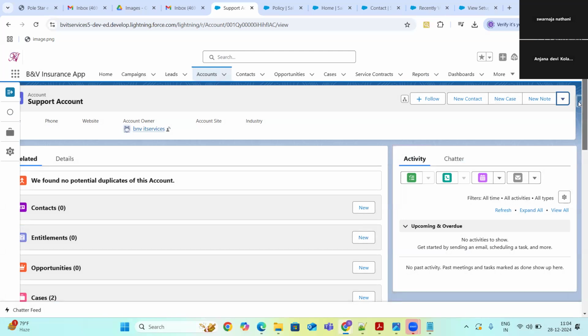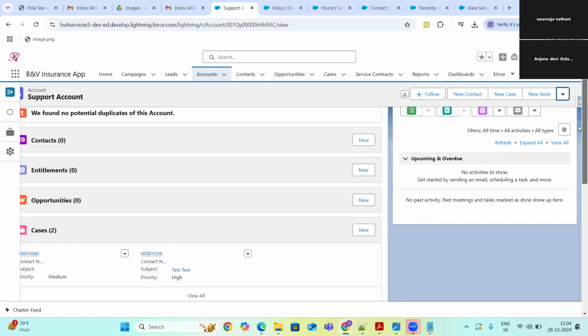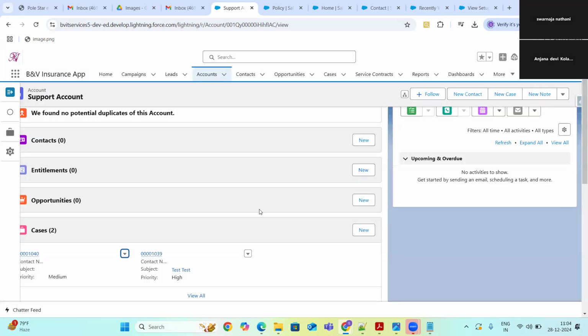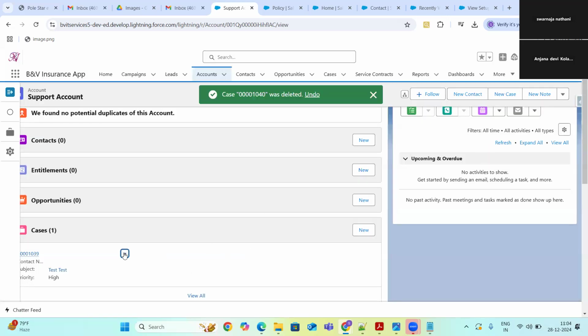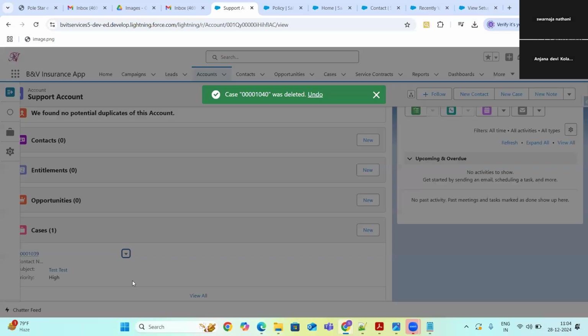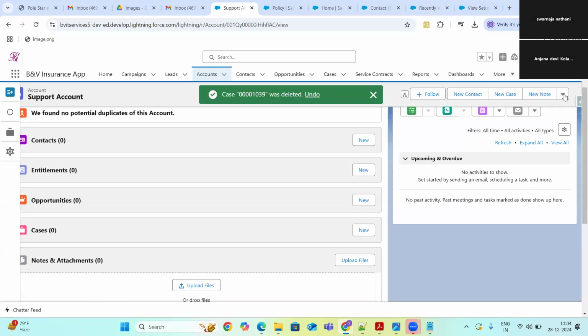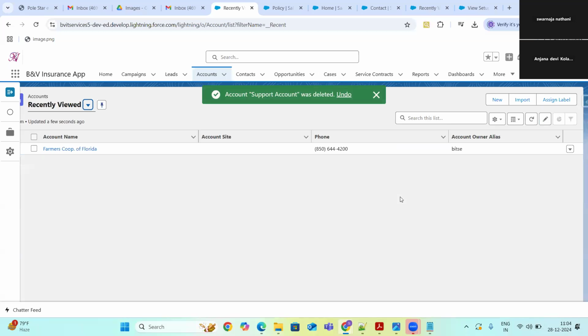If you have any associated closed case also, this does not allow us to delete the account. So let's delete this and let's delete this. Okay. And then let's delete the account. So now I have deleted the support account.